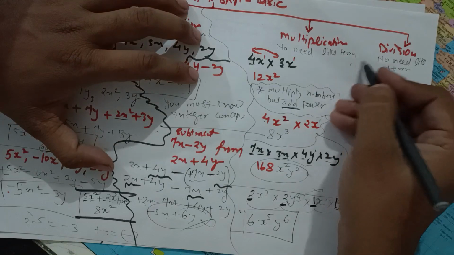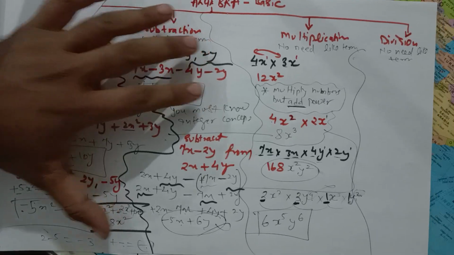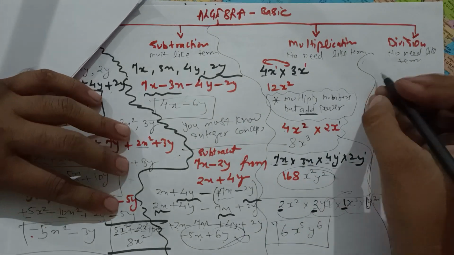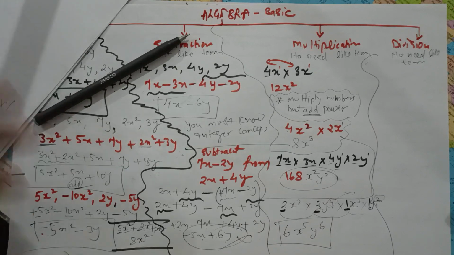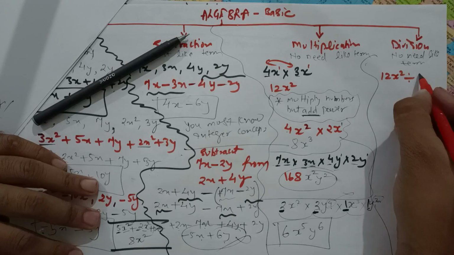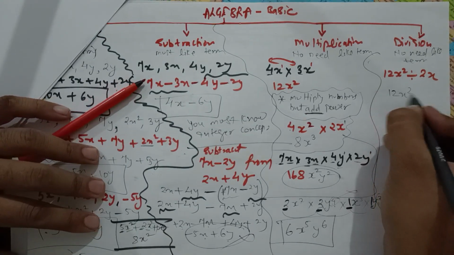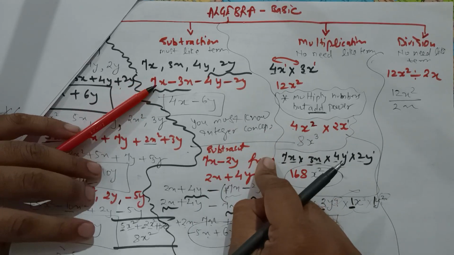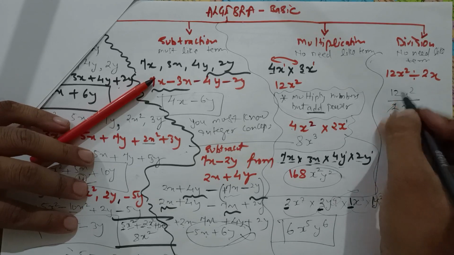Now look at division. I'll tell you the easy one, and there is one more long way of division, but we'll do that later. See, if in division form the question is given in this way, divide by 2x, we will write it in this way. Now, how are we multiplying number to number? Same way, divide the number to number. 2 into 12: 2 sixes are 12.